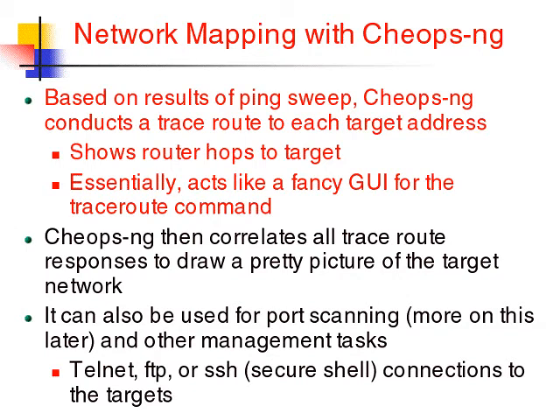KEOPS-NG includes a built-in tool that will trace route to each valid address. This trace route shows the router hops to the target, and essentially it acts like a fancy front-end interface for the traceroute command. Then KEOPS-NG automatically goes through all of its results from the ping sweep and the traceroute to determine how your network is put together. It then displays a picture of the target network that the attacker can use to focus the attack on particular